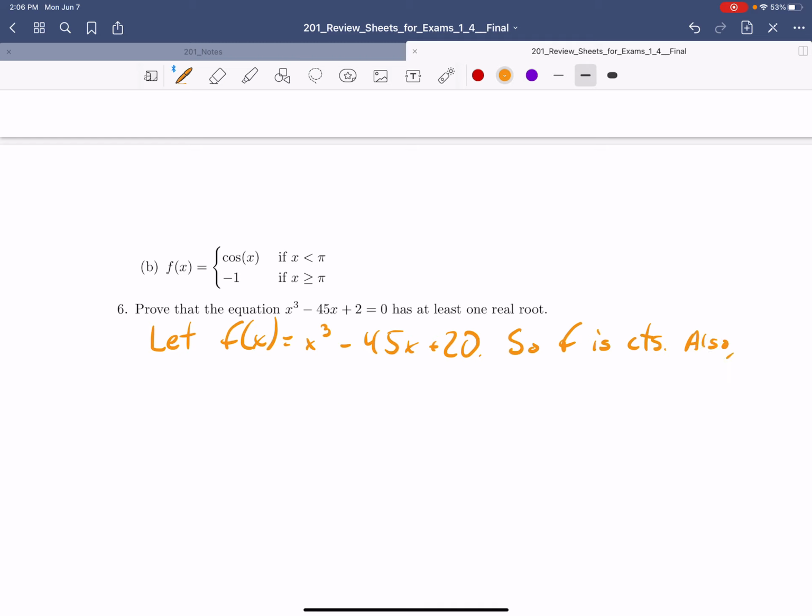Also, we can note that f of 0, which equals 2, is greater than 0, and f of 1 is less than 0. So by the intermediate value theorem,